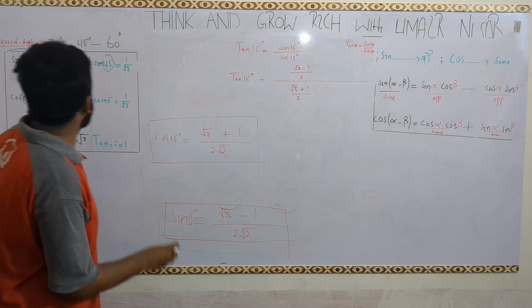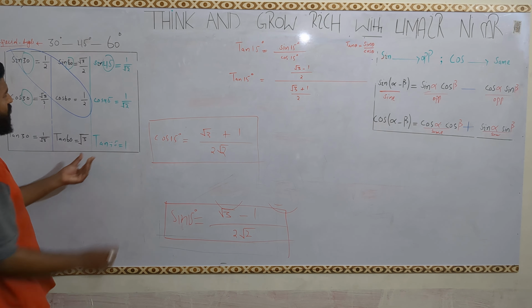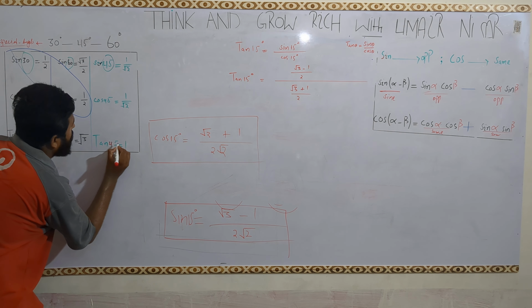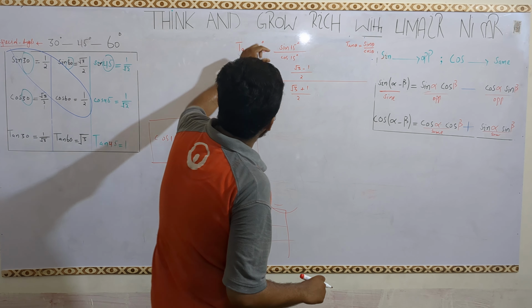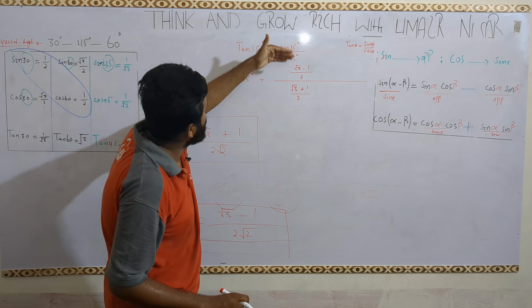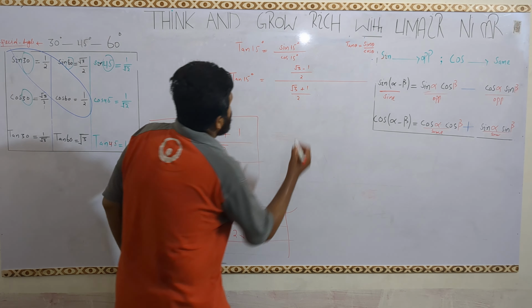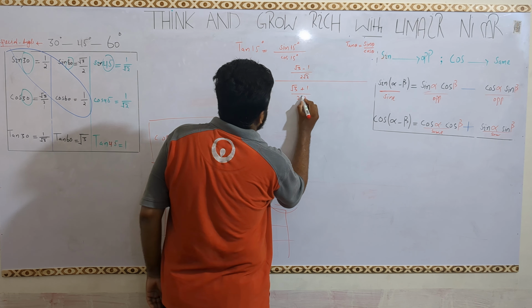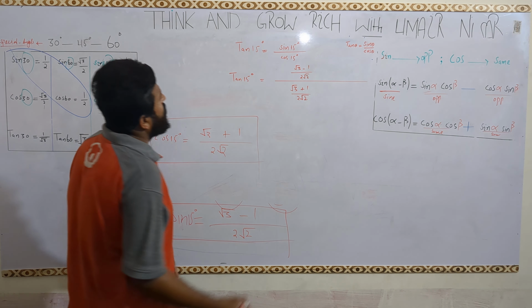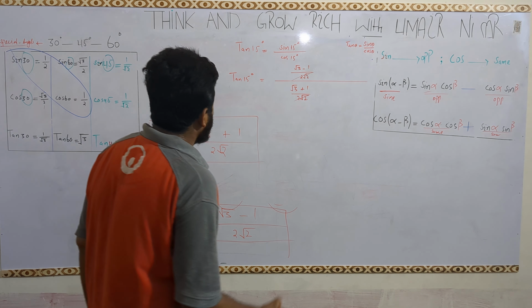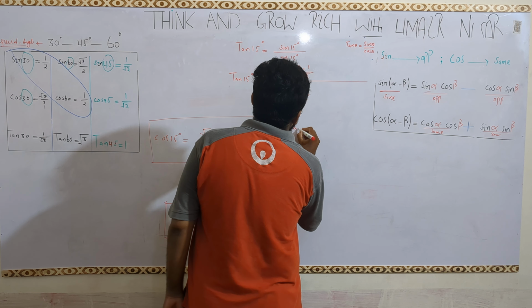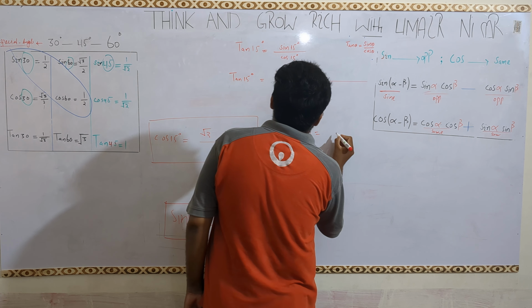Tan 15 means sin 15 over cos 15. You have the values of sin 15 and cos 15. Put these values, so these will cut across. So tan 15 is equal to under root